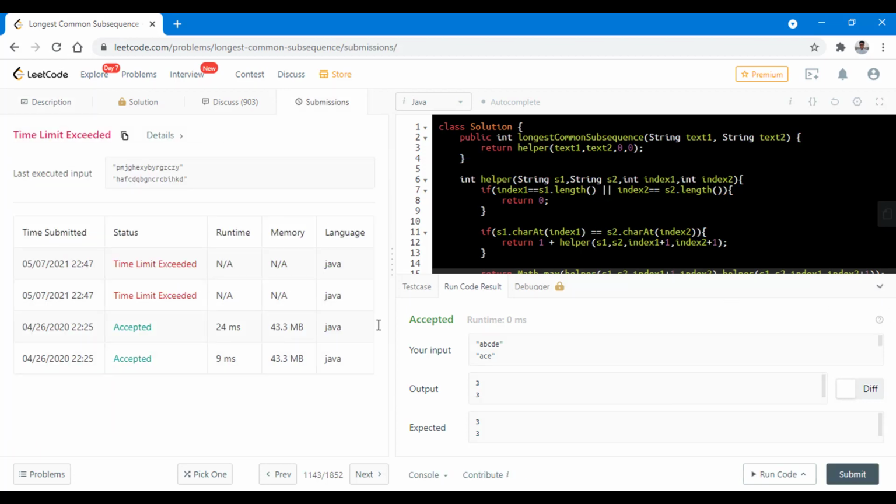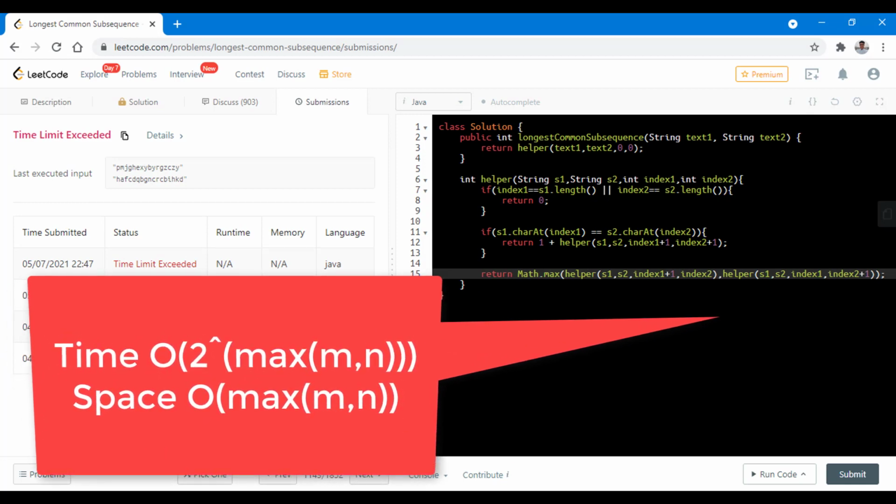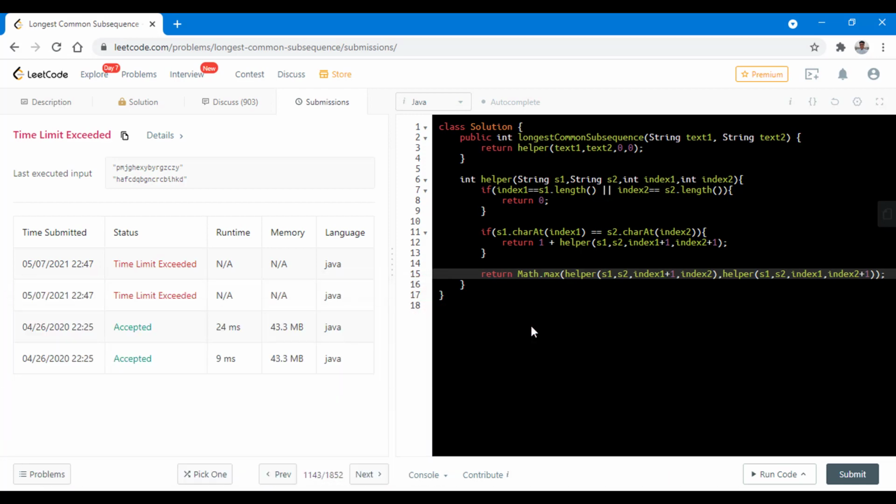So it gave us a time limit exceeded error, and we were expecting that error because we are checking every permutation that can happen between those strings and we are not storing any of the previously calculated results that we can reuse over here. Now we need to use memoization in this question, where we can find out if we have already been at this index 1 and this index 2, and if so, what was the result of the longest common subsequence at that particular index.